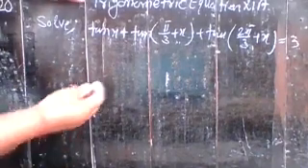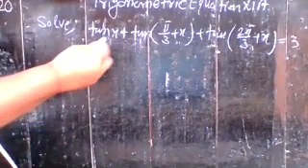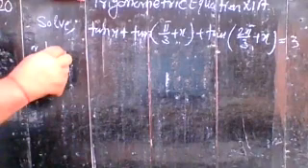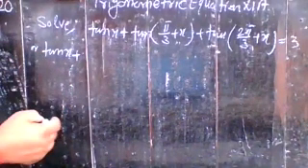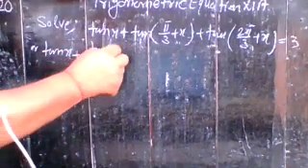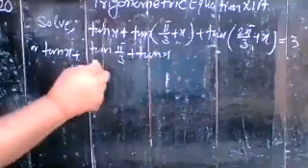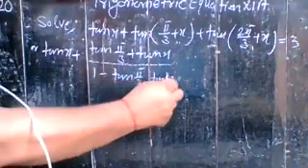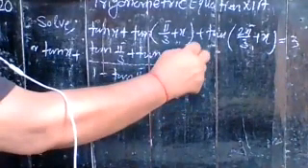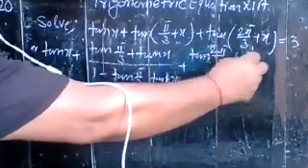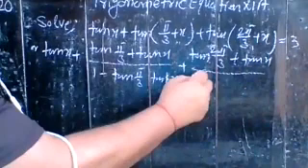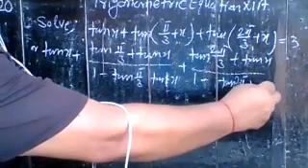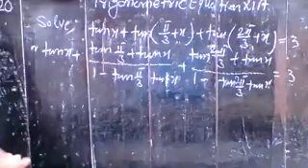So you can write tan x here as tan x, and here you apply the formula for tan(x + y). So it is (tan(π/3) + tan x) whole divided by 1 minus tan(π/3) into tan x. And here you write tan(2π/3) plus tan x, whole divided by 1 minus tan(2π/3) into tan x, which is equal to 3.